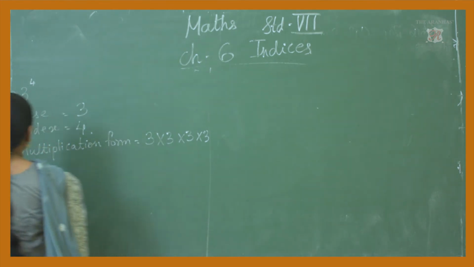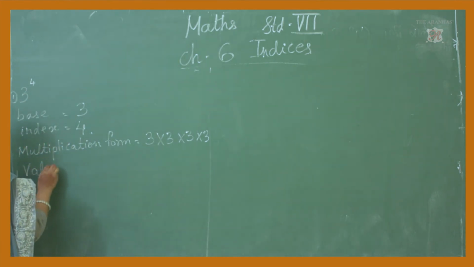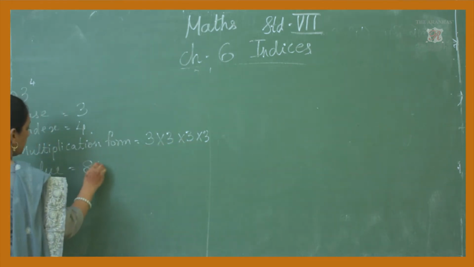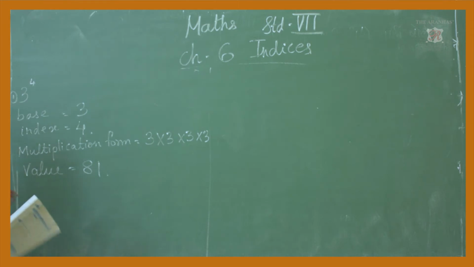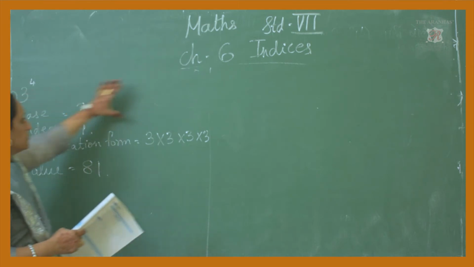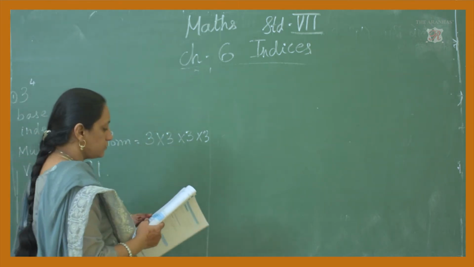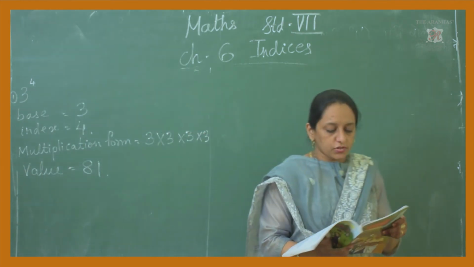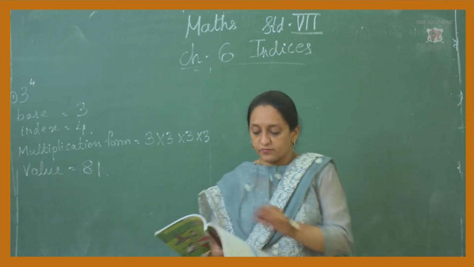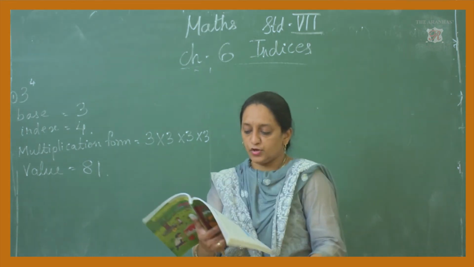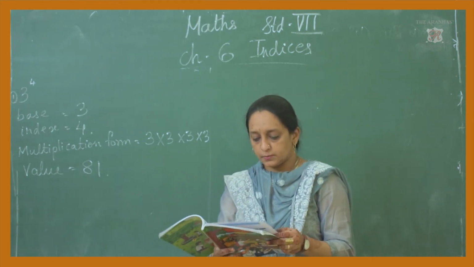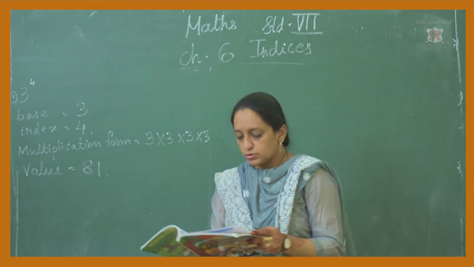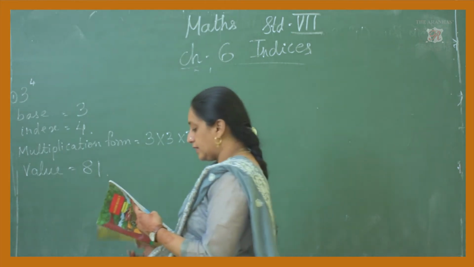So the next column is value. Value will be 3 threes are 9, 9 threes are 27, 27 threes are 81. So these are the columns they have given in this form. I have done it in this standing form. Now you can do the second, third, fourth and fifth sum in the same way. Some numbers they have filled for you. You have to fill some numbers in the box. Complete the table.